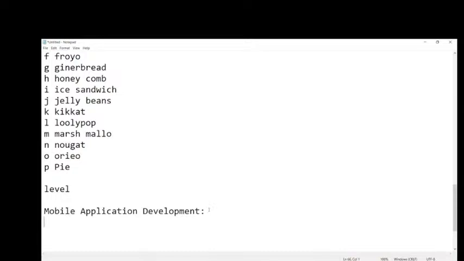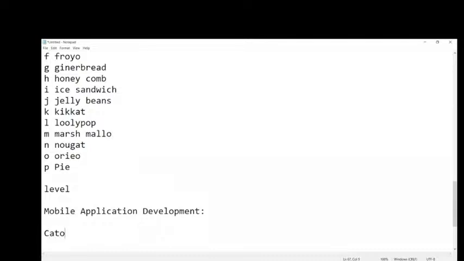Mobile app development is nothing but building apps for low memory devices. What are low memory devices? Like mobiles, tablets, watches, TVs, all these smart devices. This was a small word about the mobile development environment. Then next, how many categories of mobiles are there?